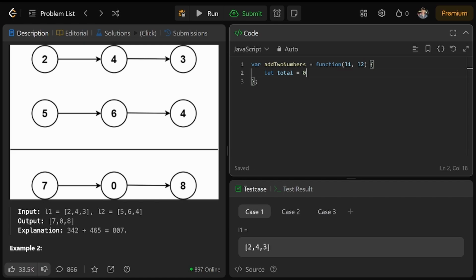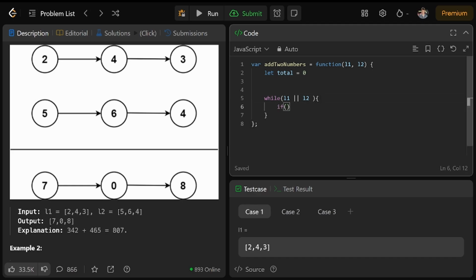We'll add the values of the individual nodes to the total. So we do that with a while loop. So while L1, that's the first linked list, or L2, that's the second linked list. So while we have values,